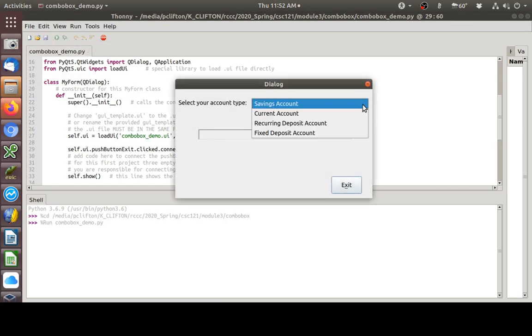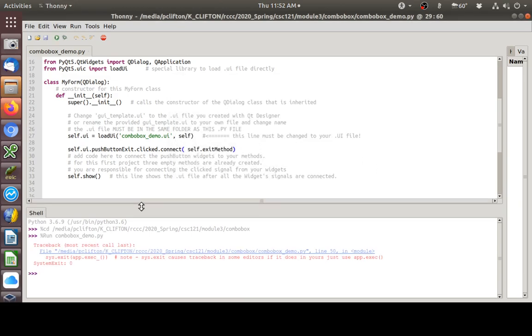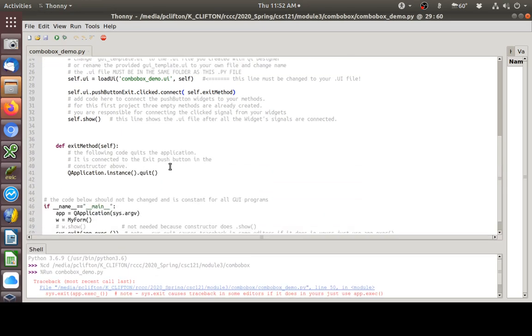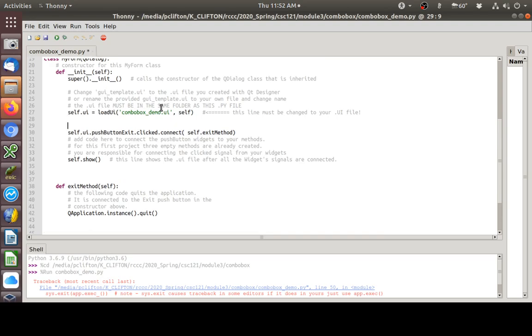There it is. You can see that I have the items here that I can select. Okay, and there's our label. So at this point, we're good to go with adding some new connections to some new signals. So it's not a whole lot of code to make this work. First thing we'll do is we'll connect our